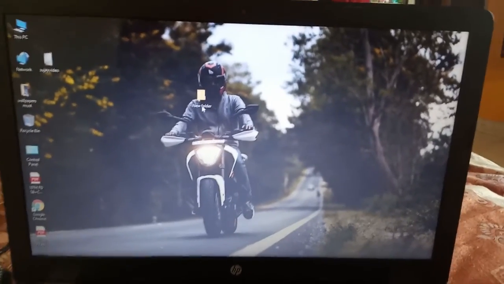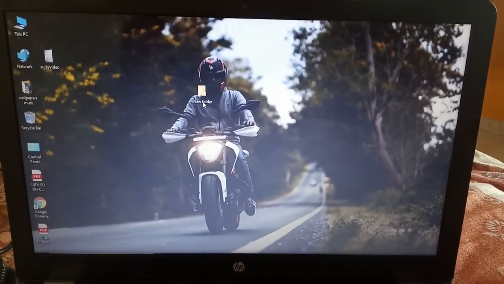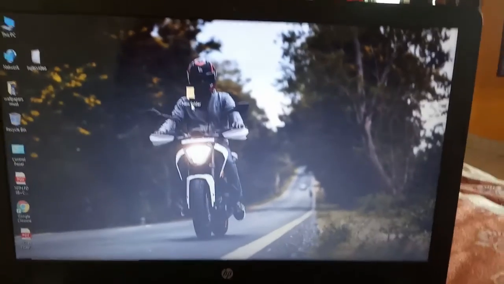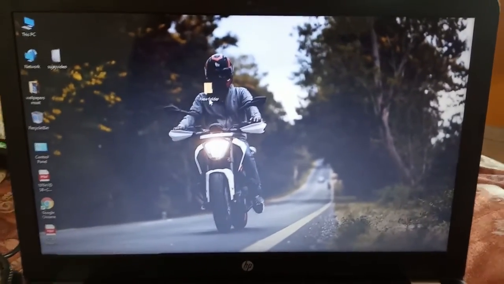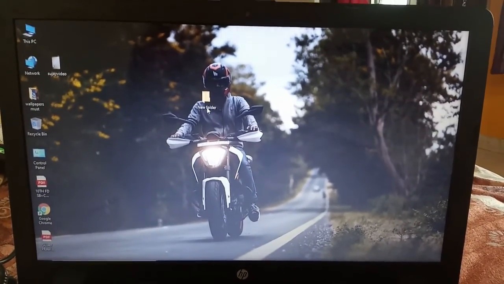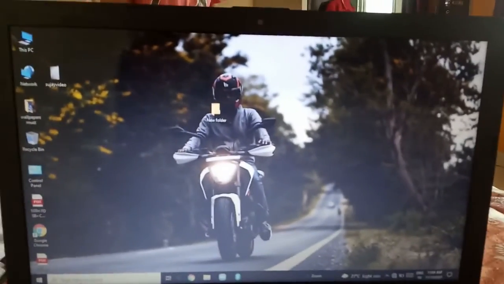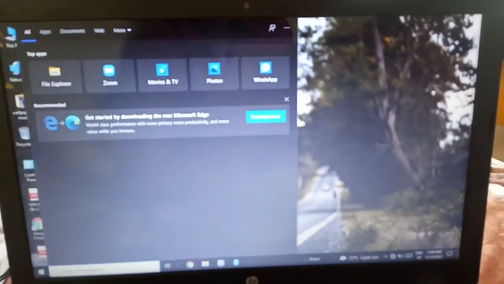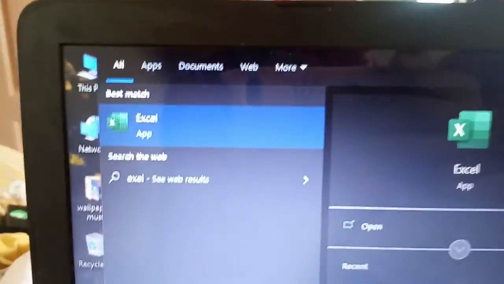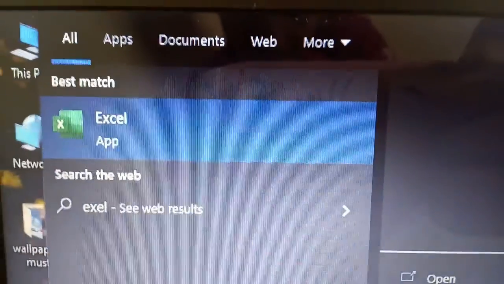So good morning. In this video I am going to show my IT practical. For doing the IT practical we just need to open the Excel sheet. Here I am going to show you how to make a mark sheet on the Excel sheet. In the type box we have to search Excel. We need to download that app first, which is like this Excel app, and then press enter.